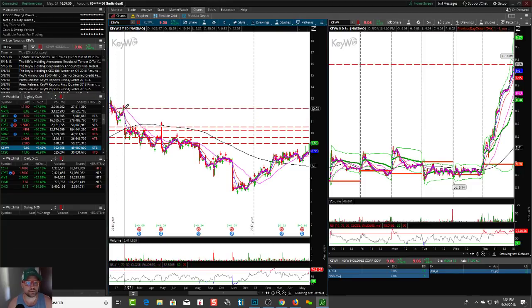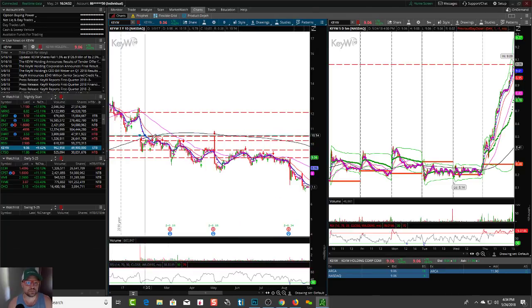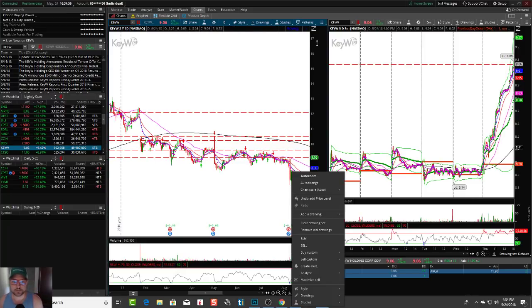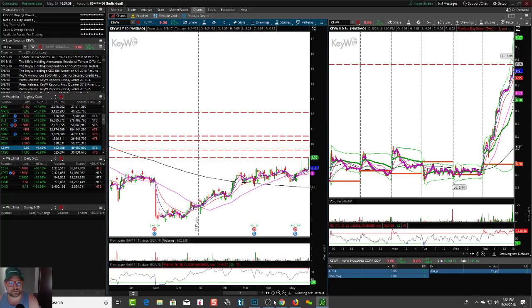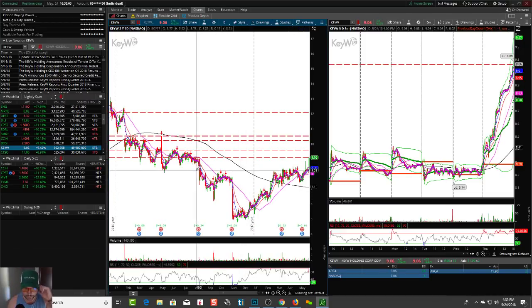Gap on the daily. If I zoom in, right here, there's a gap right up here. So who knows? Maybe it'll slowly go, or the stock like this maybe just goes really up, right? You've got to watch and see. Kind of a messy looking chart, but you can see left shoulder, head, right shoulder, or you can see a cup and kind of handle, right? Messy looking chart.